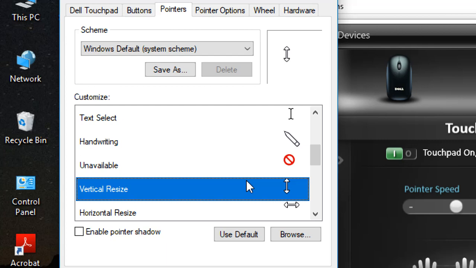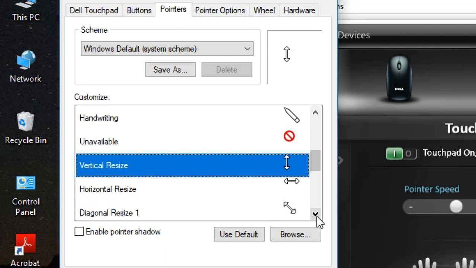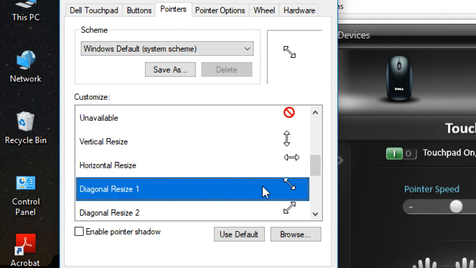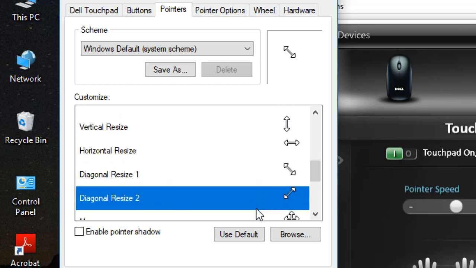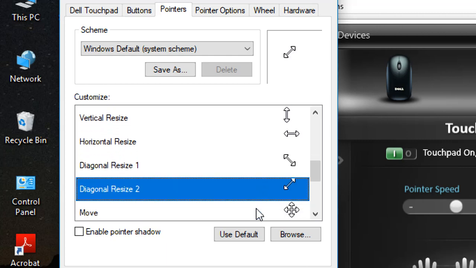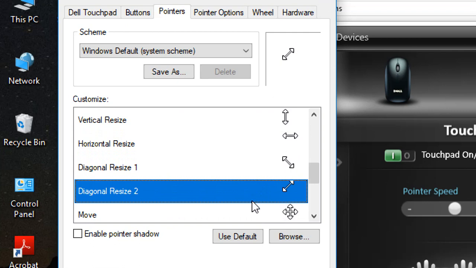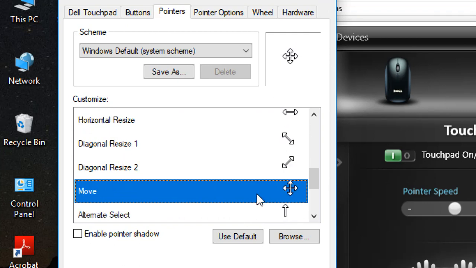Do you remember this point? Yes, we learned it already last year, in 5th and 6th standard. Horizontal resize means what? If you want to change the width of your shape, then this type of horizontal pointer comes. Diagonal resize means what? If you want to change height and width both at once, we click on the corner of the box, at that time this type of diagonal resize arrow comes. Diagonal resize 2, if you keep the pointer on the left side corner, this type of arrow will come. And move, if you want to move the whole shape, then you keep your pointer on a line, at that time this four-headed arrow comes, showing you move.